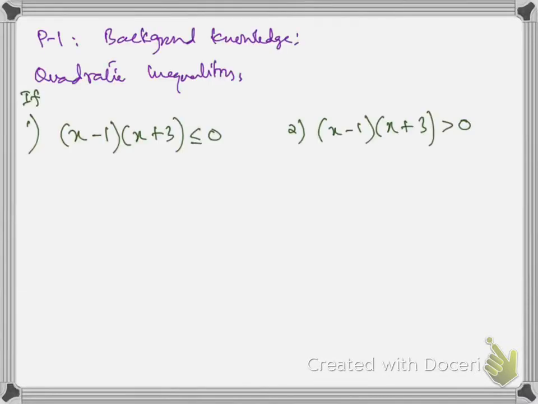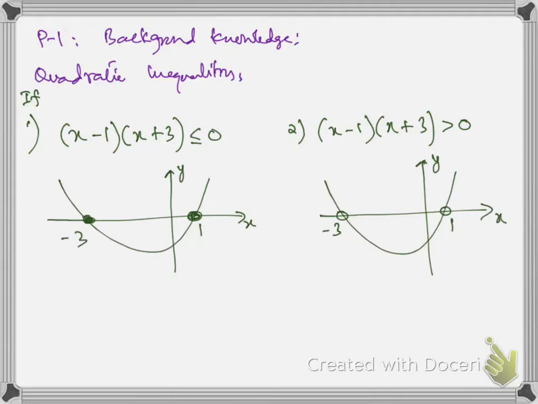Note, we need P1 knowledge to solve the quadratic inequalities. We did quadratic inequalities in P1, so you must revise those concepts so that you can make the rough sketch and you can write the proper solution, and the right solution. This is what we have done in P1. There are two types of quadratic inequalities. In order to write the solution of these two inequalities, we have to make sketches and then we can write the solution. As according to this inequality, we have to shade this region.